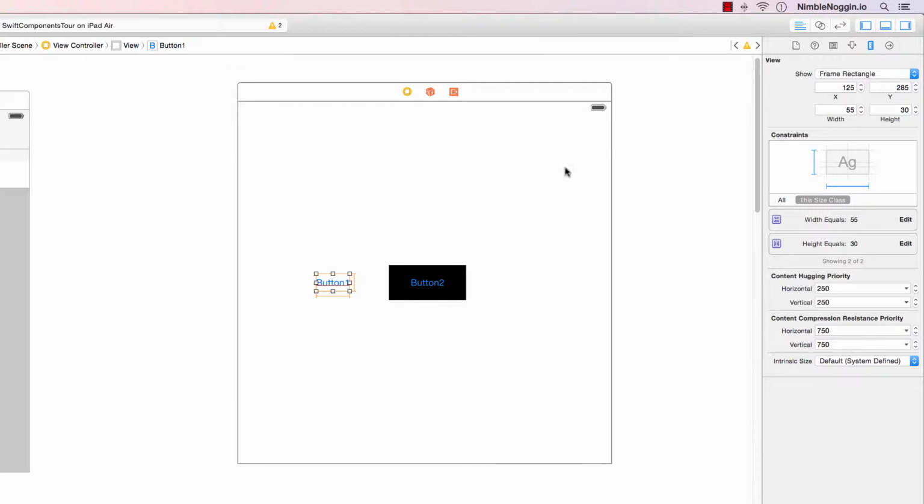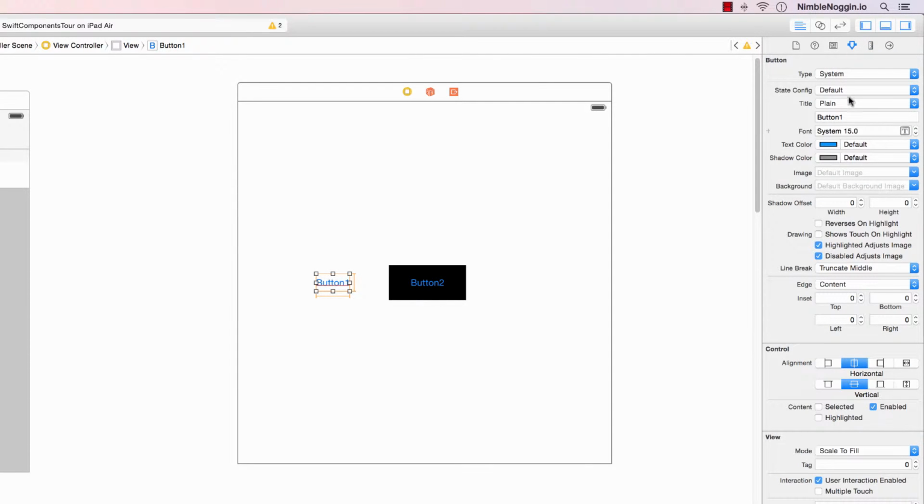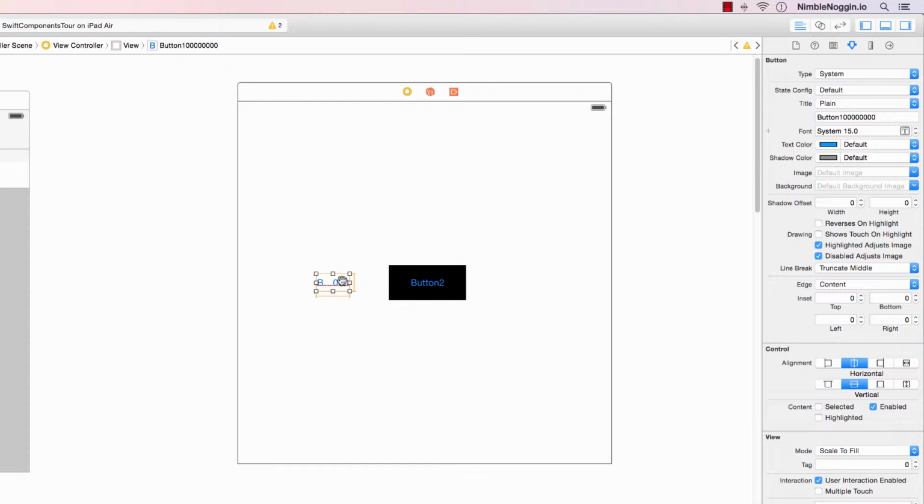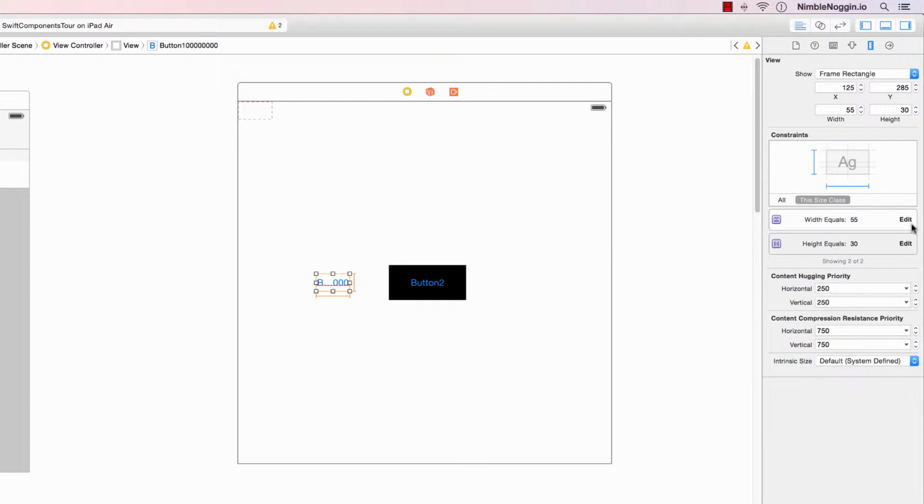But what if we don't want button 1 to be titled button 1? What if we want it to be titled button 1,000,000? We can see that then the button title gets clipped and is shortened with this ellipsis here to say that the title at its current font size and font cannot fit in the frame size of the button in this current context. So how about we select this width constraint and set its relationship to be greater than or equal